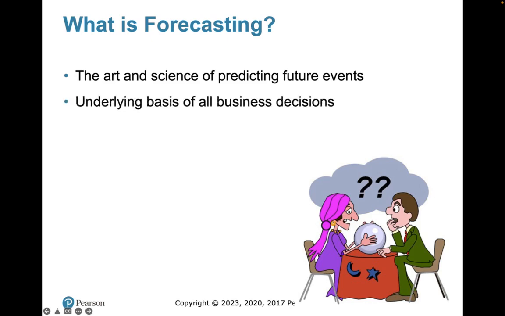Why is it important in our business? Well, you name it, you need to forecast properly, whether it's producing the right amount of products to sell. Maybe you need specific inventory to create that product, maybe a dish or something of that nature. You have to have the right amount of staff, and you have to have the right facilities. Maybe we need to think about expanding our facilities. All of this has to do with proper forecasting.